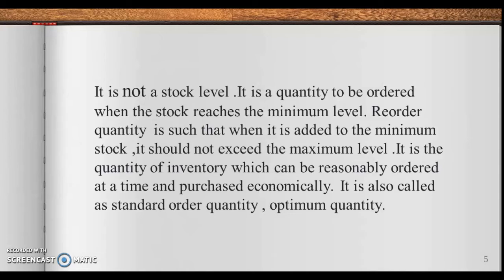So it is also known as standard order quantity, optimum quantity or economic lot size. It means that the total cost is at minimum. The problem is how much to buy at a time. In case large quantities are to be purchased, the cost of carrying the inventory is high; this includes interest on investments, obsolescence, overstocking, losses, space cost, etc. On the other hand, for frequent purchase in small quantities, the cost is high: shortage of material, loss of sales, and increased buying expenses such as stationery and postage may arise.